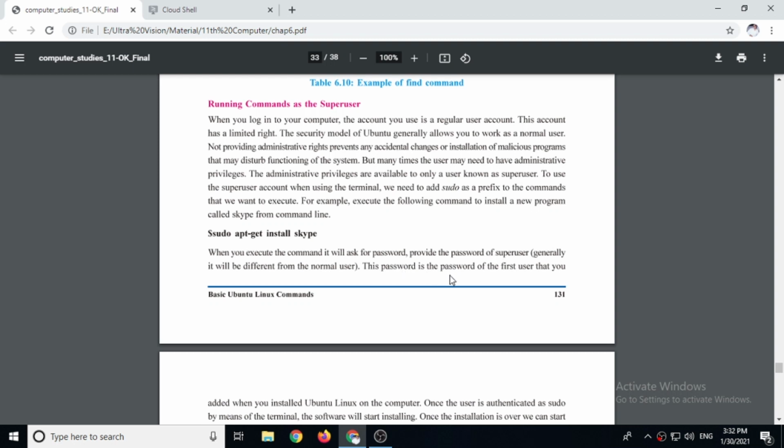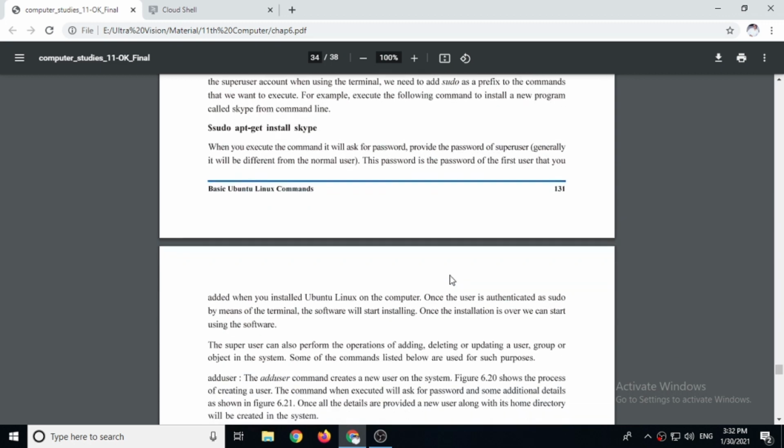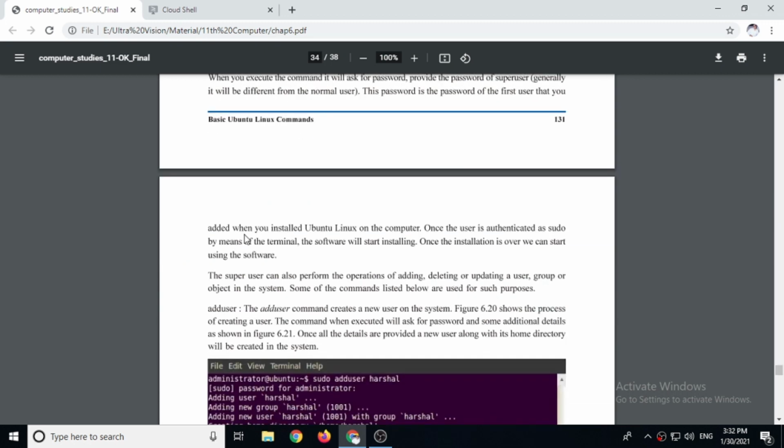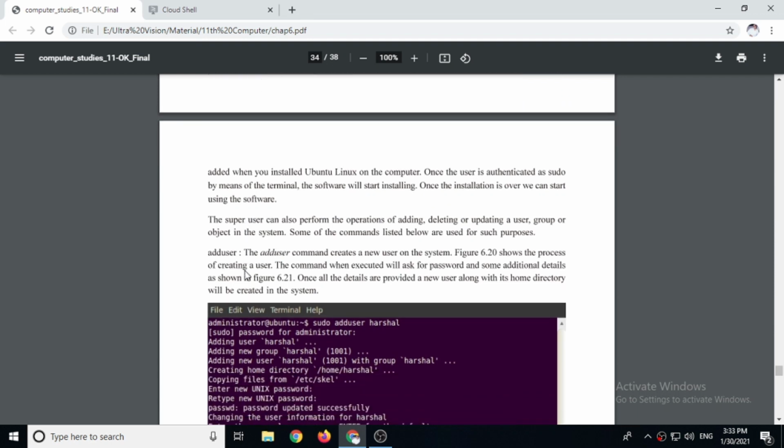This password is the password of the first user that you added when you installed Ubuntu Linux on the computer. When you install Ubuntu Linux, it first creates the administrative user, meaning the super user, and then from the super user you can create several normal users. Once the user is authenticated through sudo in the terminal, the software will start installing. Once the installation is over, we can start using the software.